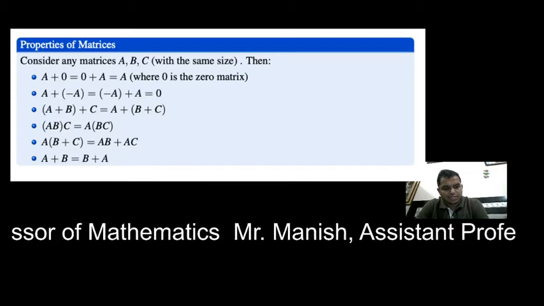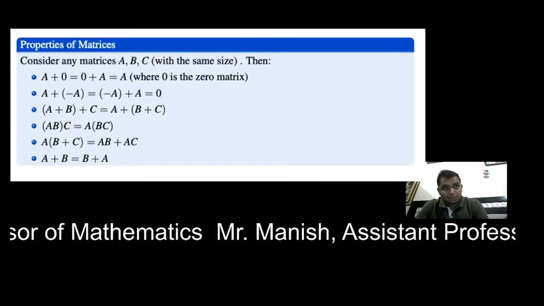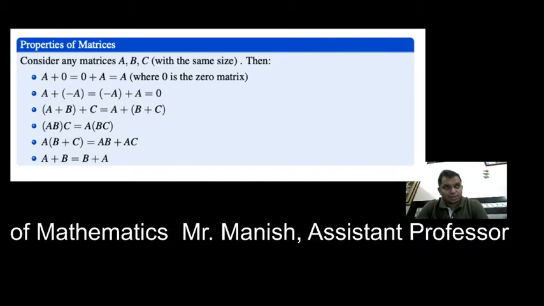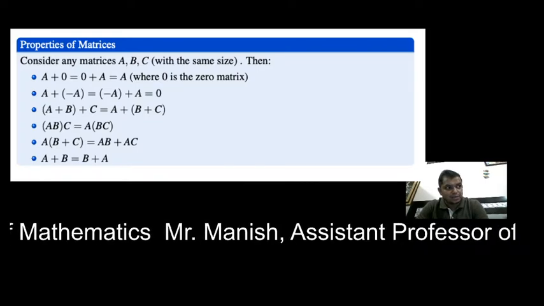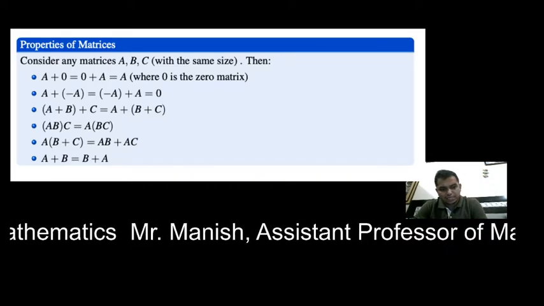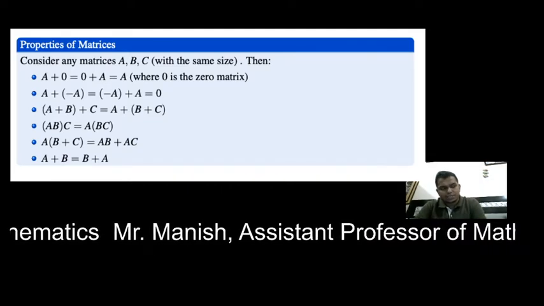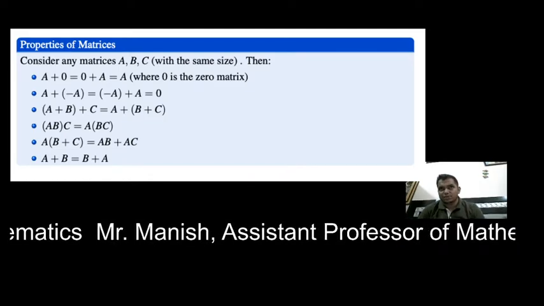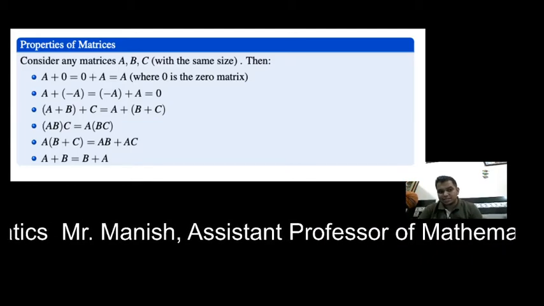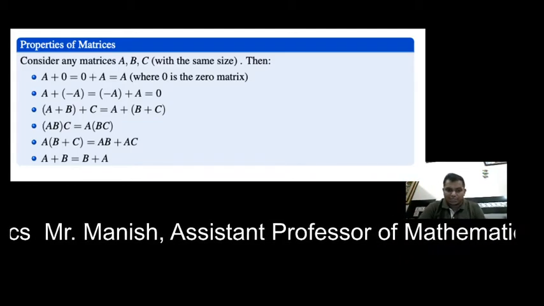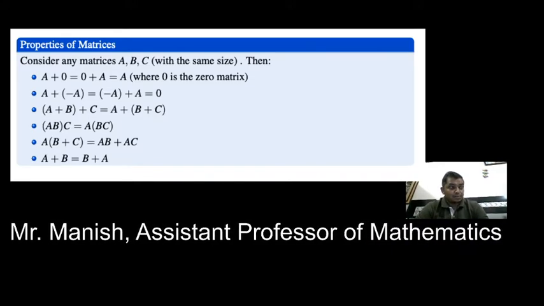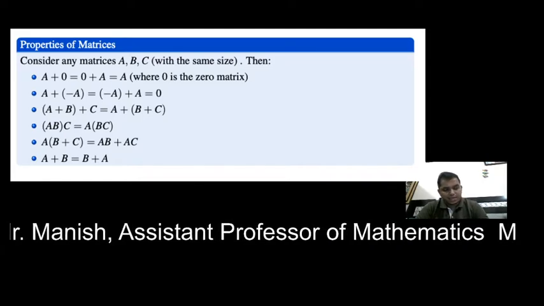A plus minus A is equal to the zero matrix. Minus A means we change the sign of every element of matrix A. If we have a plus sign, it will become a minus sign, and a minus sign will become a plus sign. So A plus minus A will be the zero matrix. A plus B plus C: this is the associativity property, meaning if we add the first two matrices and then add the result to the third matrix, the result will be the same as adding the last two matrices and then adding that result to the first matrix. The fourth property is that AB times C and A times BC will be the same. A similar case holds with multiplication.